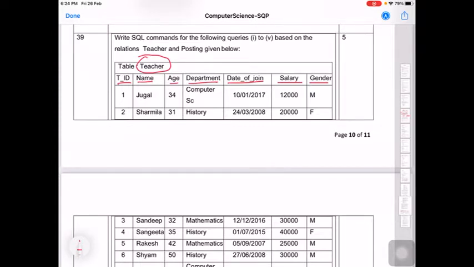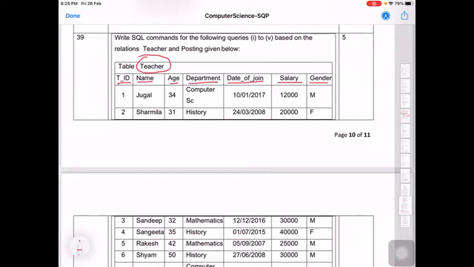The 15 minutes in the beginning of the question paper that are provided to you by CBSE are very precious for you, as in those 15 minutes you can plan your approach towards the questions and you can solve these SQL queries in your mind. Just by seeing the queries, your mind will become the SQL interpreter, the SQL engine, and it will automatically generate the correct answers for you. So try to focus and adapt to the approach that I am telling you.